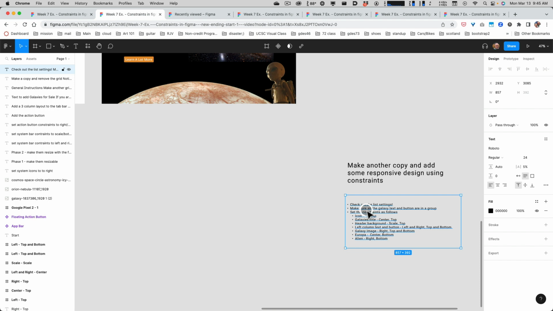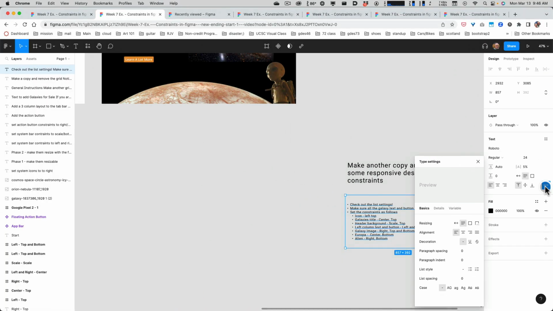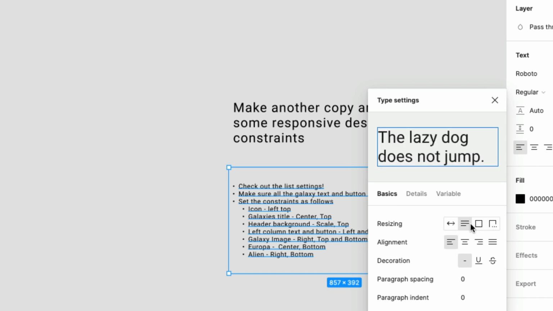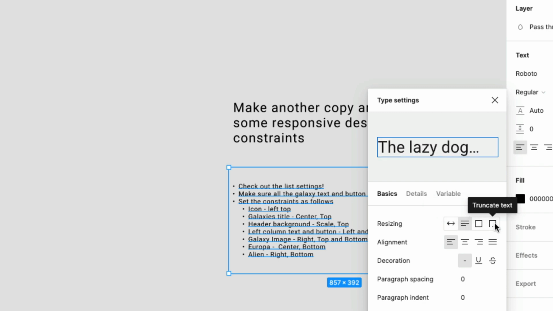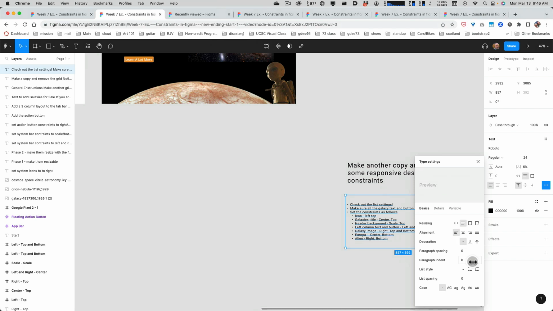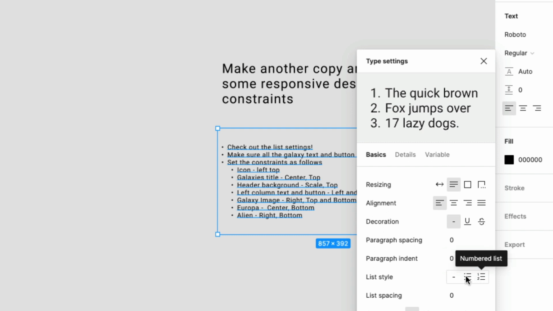You can see they're in a bulleted list. I don't know if you've seen that before in another video. It's possible, depending on the order and things like that. But the way you do that is, see where that is done, there is the overflow menu, the ellipsis menu here in type. And then down here, you've got a lot of options for type. You've got resizing options, whether you want it to resize fixed or be auto height or auto width. That's all under there now. Alignment options, decoration, etc. But the one we're actually looking at is this list style. So there's no list style, and then bulleted list and numbered list. So that's how you can do